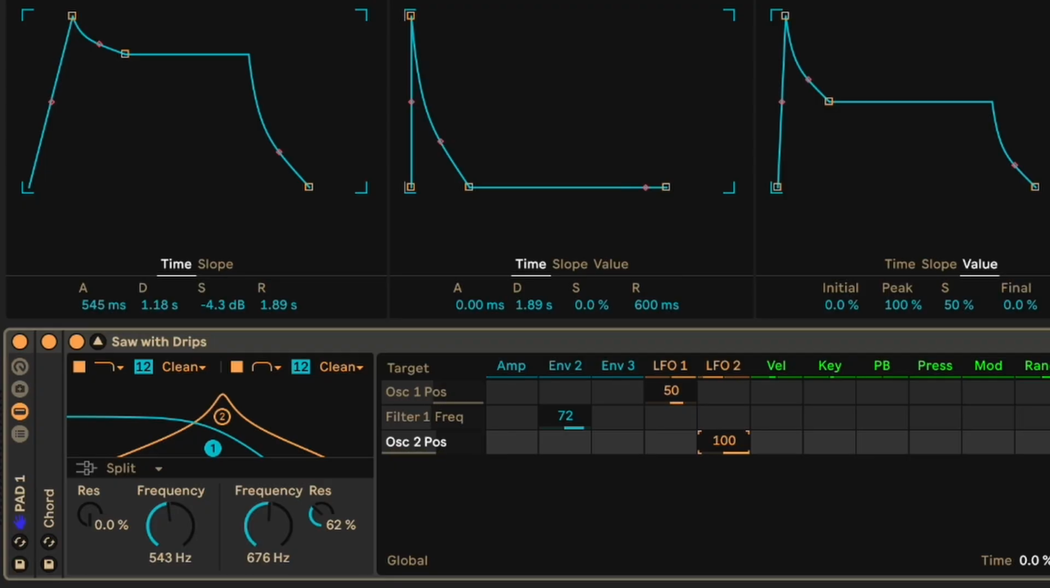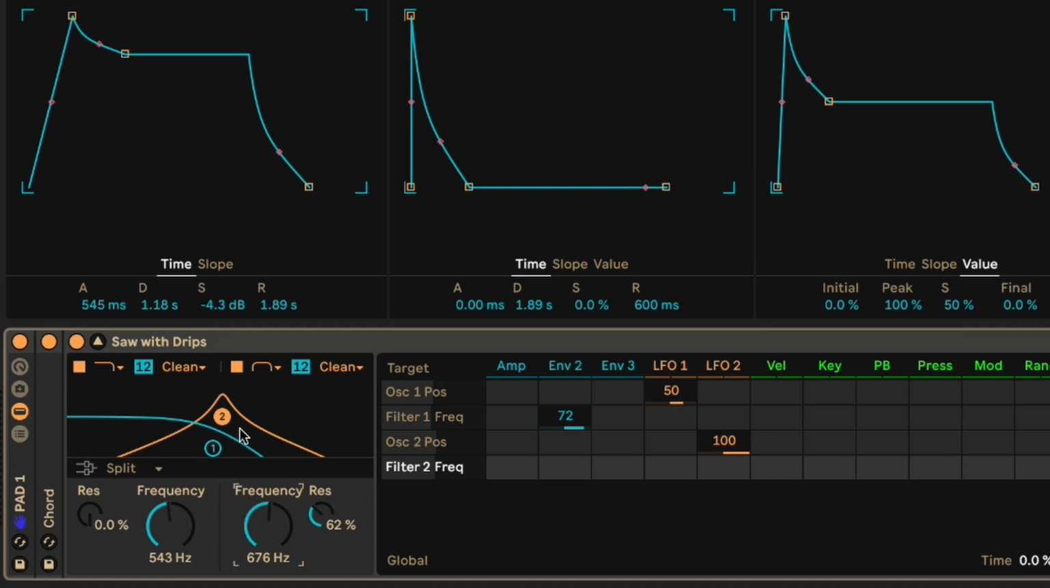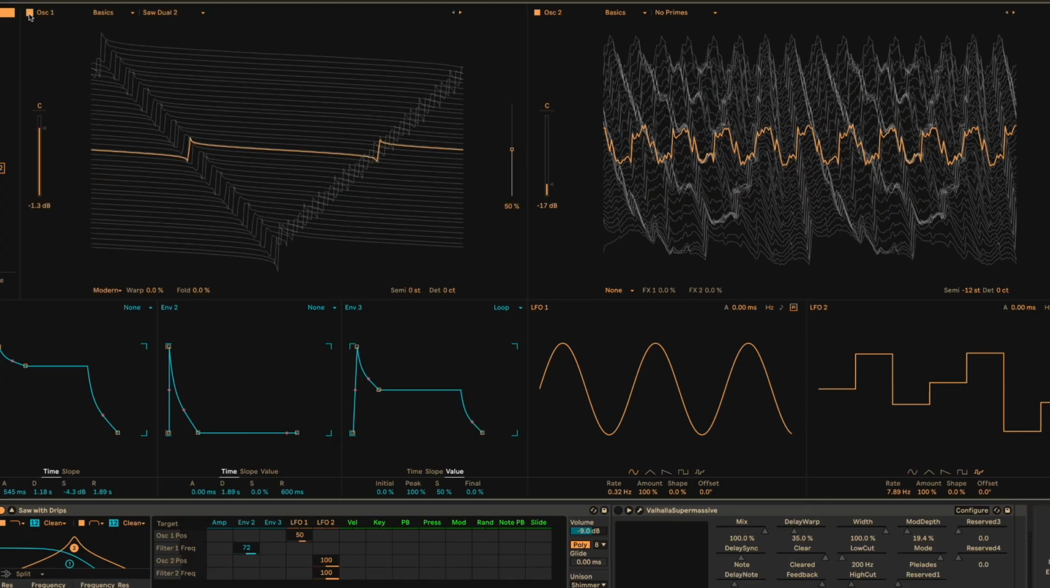That's sort of the secret to get that kind of drippy, crystally effect. Now what we'll also do is apply to frequency 2 of our filter 2, that bandpass filter, LFO2 at 100%. And you get this kind of blippy sound. If I add my oscillator to it, my oscillator 1,